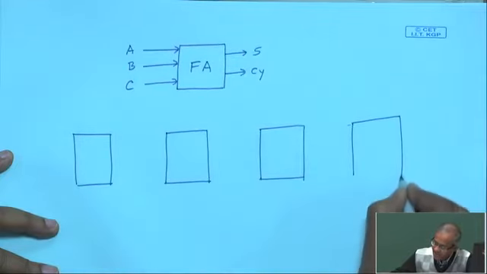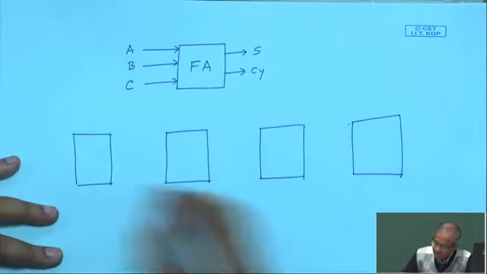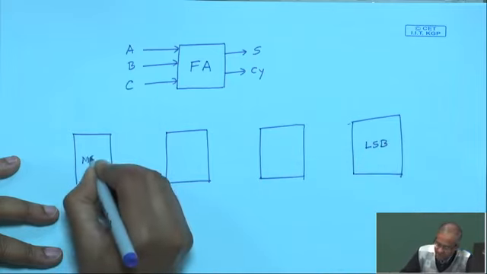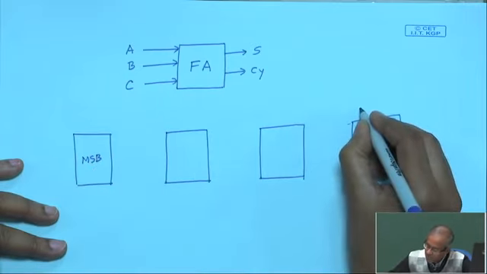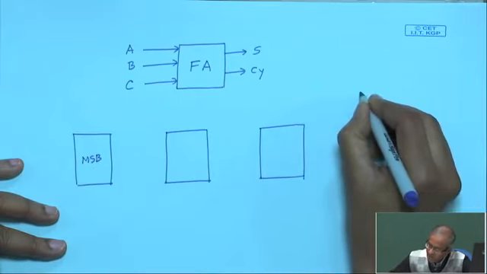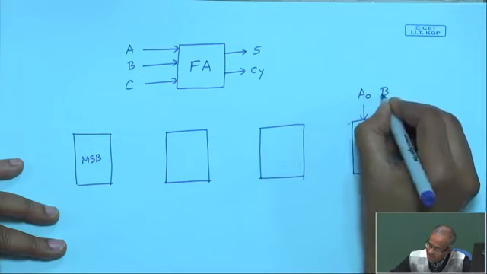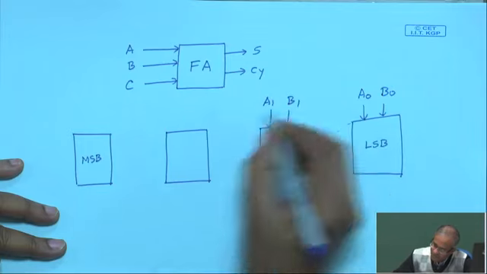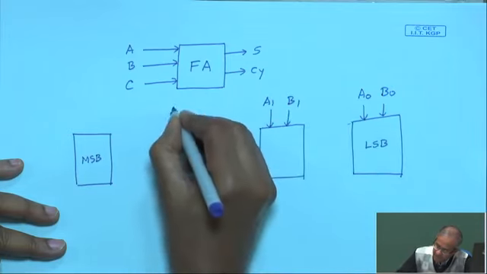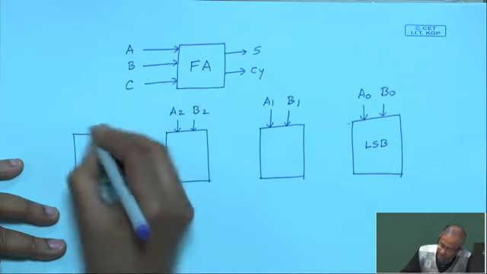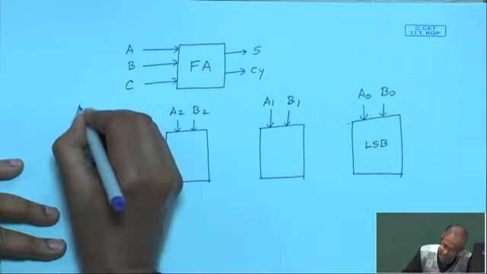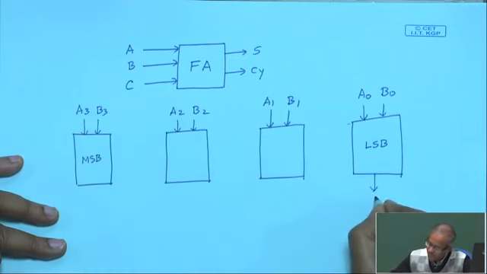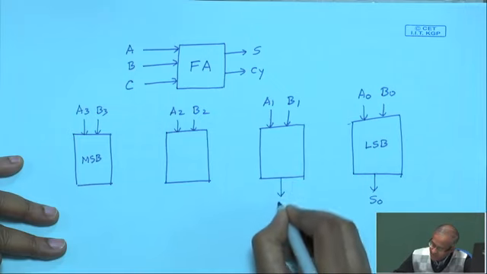And I cascade them in a chain. Suppose this is my least significant bit, this is my most significant bit, and these are the 4 full adders. So, what I do? I connect my least significant bits A0 and B0 here, A1 and B1 here, A2 and B2 here, A3 and B3 here, and you get as output this sum from this side, least significant sum, then S1,